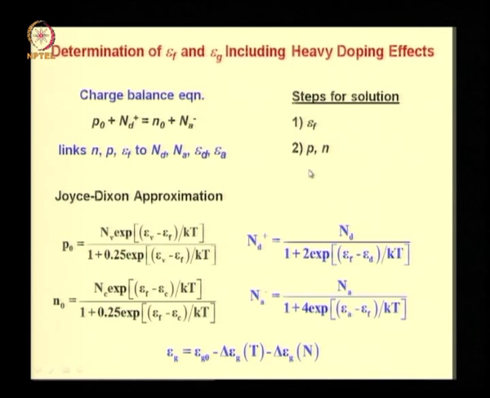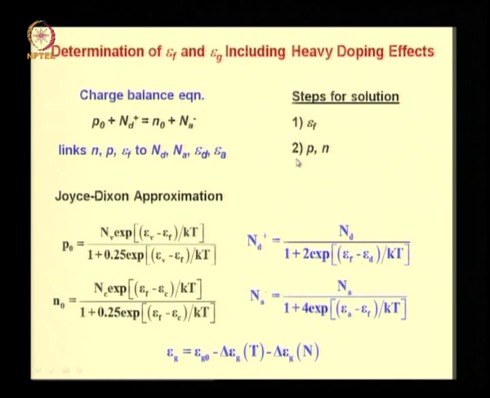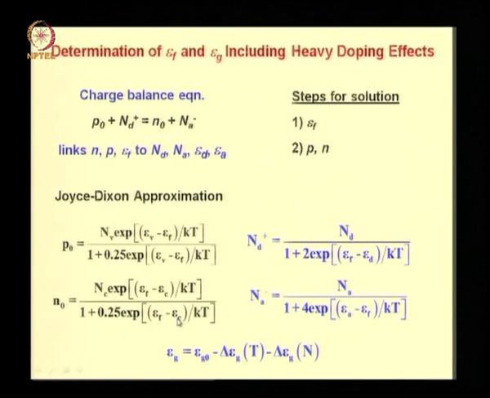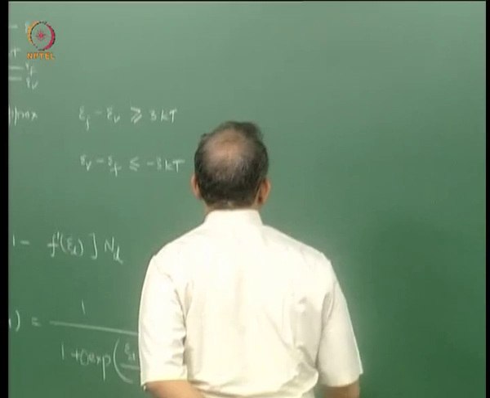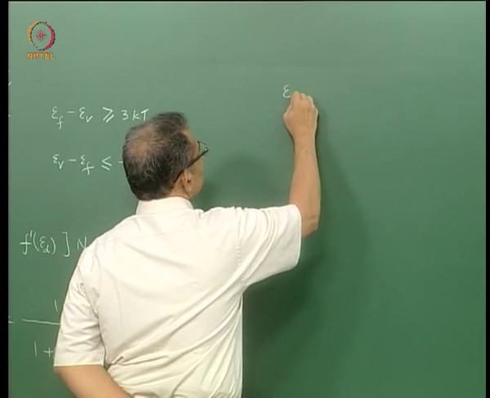Now the way this equation is solved is that first you solve for Ef and then you solve for electron and hole concentrations. So what you do is you take this expression, substitute for p0, take this expression, substitute for n0, similarly substitute these two things here for Nd+ and Na-, and then solve for Ef. Now you might wonder, how do you solve for Ef when you have Ev and Ec, Ed and Ea also present there? So here what we need to do is you take any one energy as reference. Let us say if I choose to take Ev as reference.